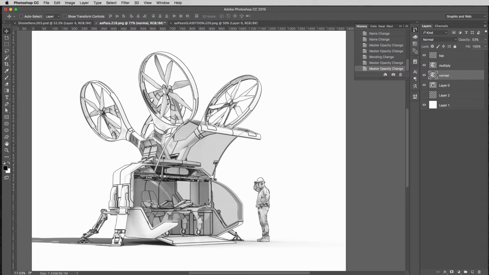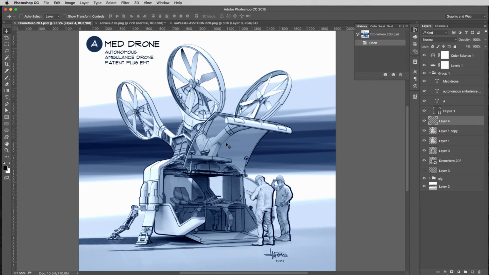Before we put a vignette in here, let's talk about color. This is all black and white right now, and if you look at this original one, we used a kind of blueprinty color scheme. I like that more because a lot of times the black and white gets looking a little dirty. So what I'm going to do here is